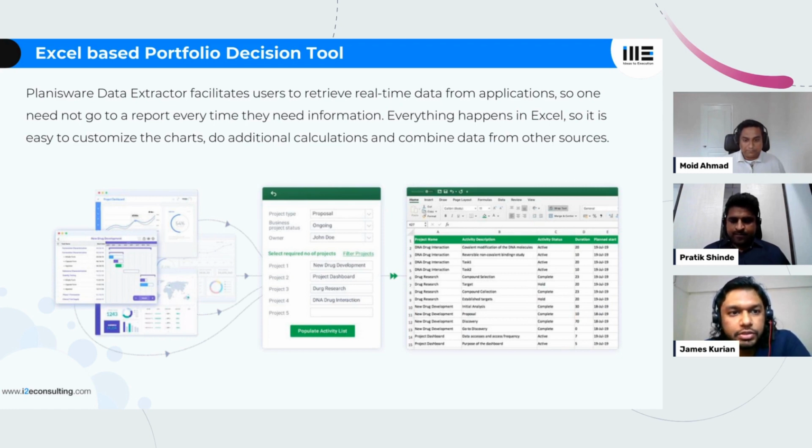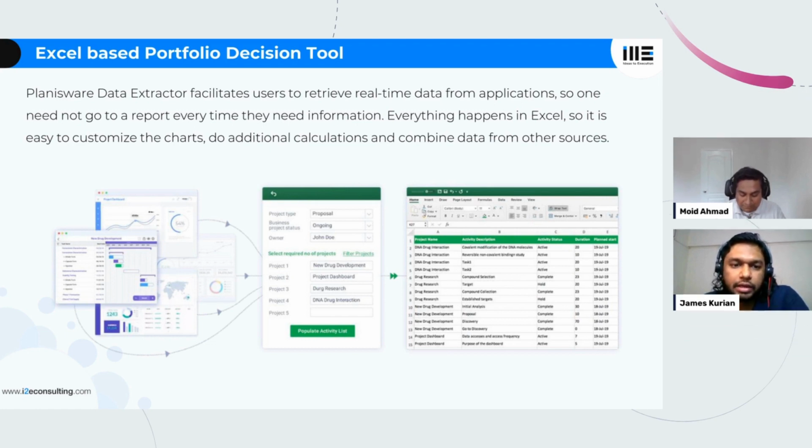Okay. So I'm sure a lot of us have spent a lot of time in Excel. Some of us practically live in Excel. So when we need to take data from other sources, we go to the particular application and export it into Excel. Once the data is in, we start manipulating it, applying VLOOKUPs and other functions.